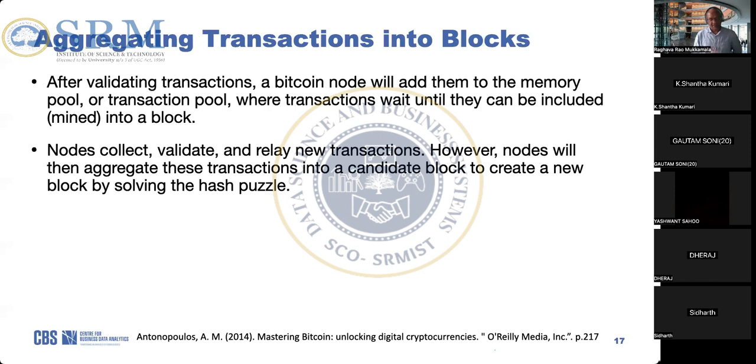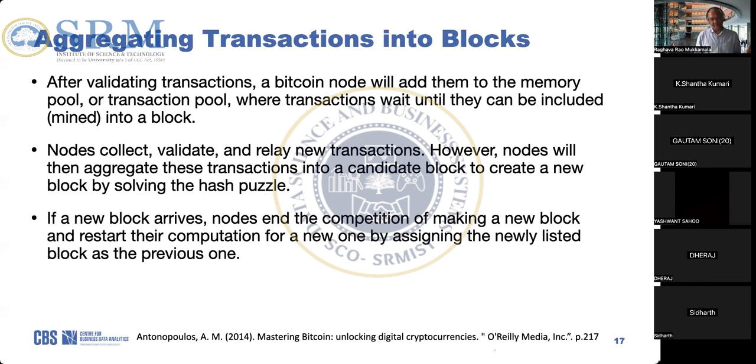Nodes collect, validate, and relay new transactions. This happens as a parallel process. On one hand, nodes will receive new transactions, and whenever they receive one, they will verify it and add it to this valid transaction list, or set of transactions, or transaction pool. At the same time, nodes are also trying to create a new block. They take the valid transactions from this transaction pool, put them into a block, and try to create the block header and a new block as soon as possible by solving this hash